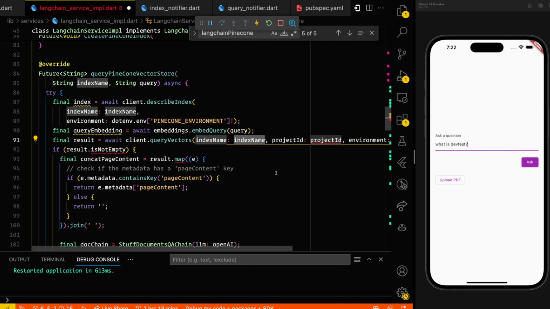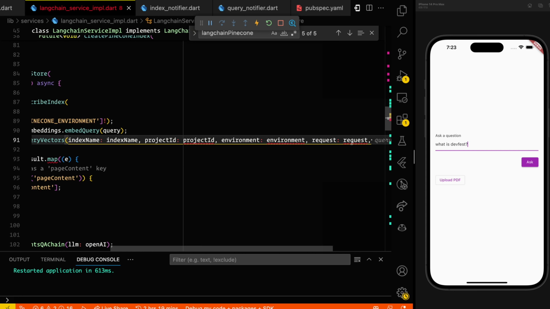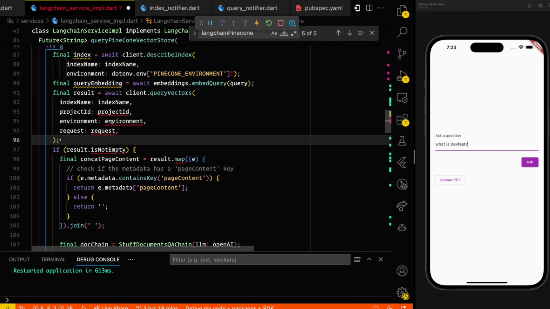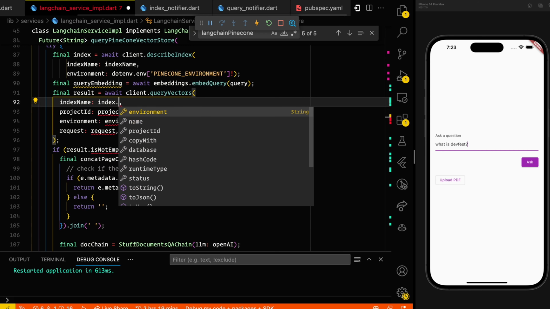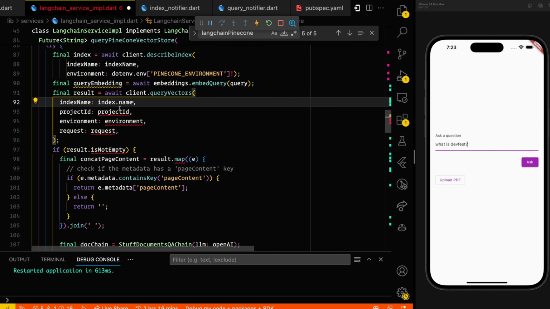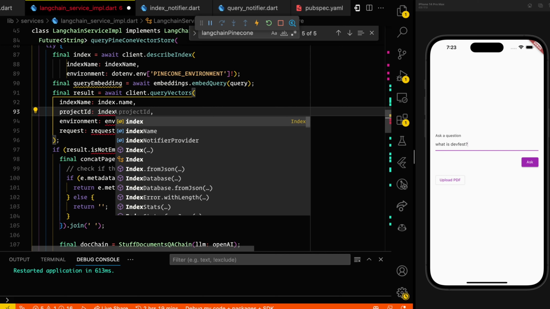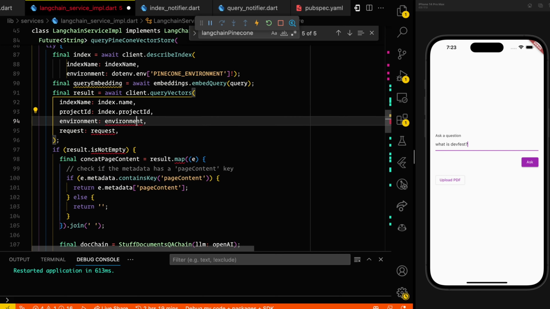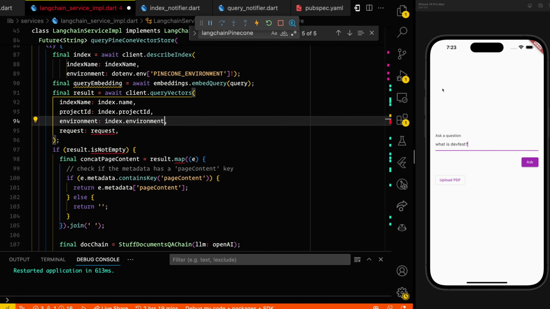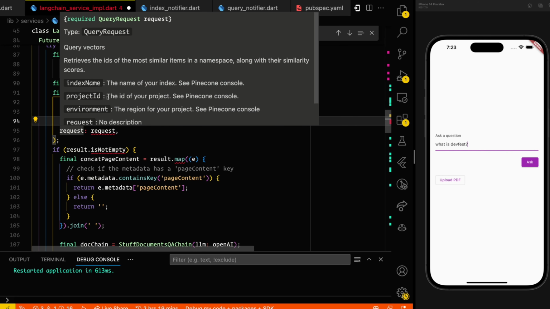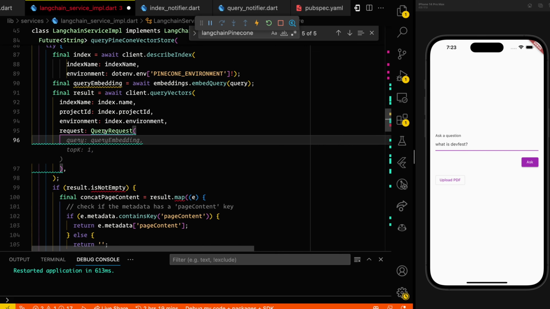Yeah, I think that's a better way to put it. And so let's see what it gives us. So we can now use index.name, index.projectID, index.environment, and then the request is a query request. So let's give it a query request here. And what does it need? It needs